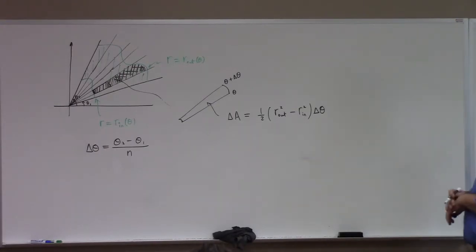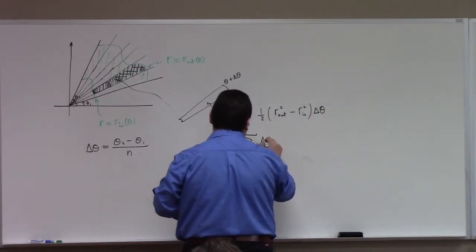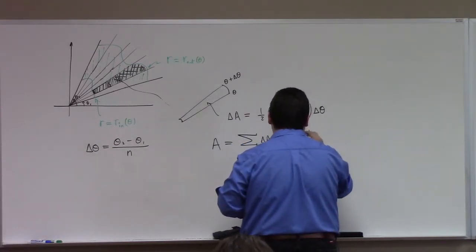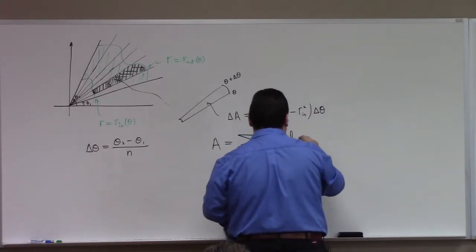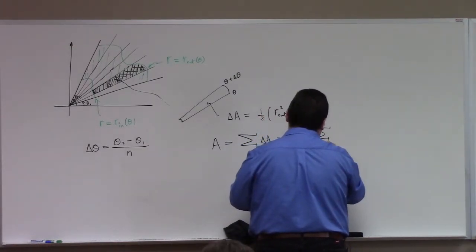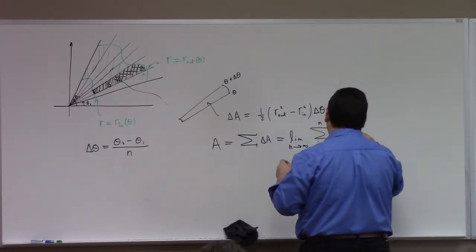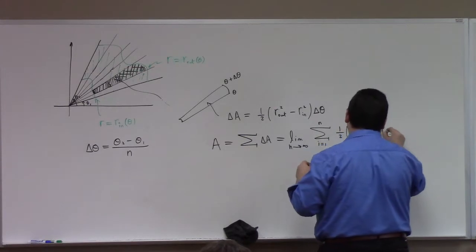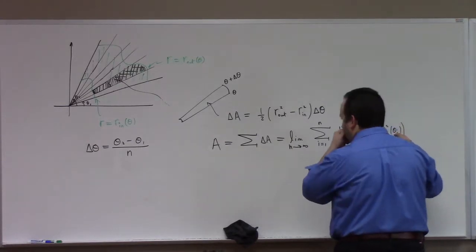And then to calculate the whole area, we just sum those up, right? To be more specific, I take the sum, I equals 1 to... I'm sorry, maybe be a little bit careful here for just a second. Take the limit as n goes to infinity of the sum, i equals 1 to n of 1/2 R out at theta sub i squared minus R in at theta sub i squared